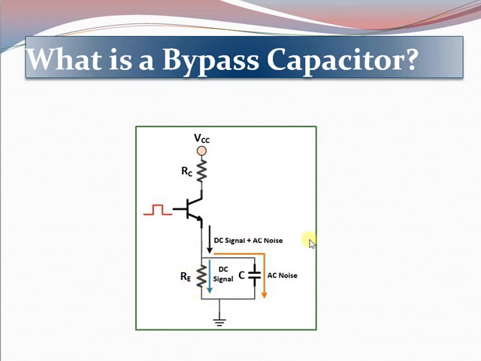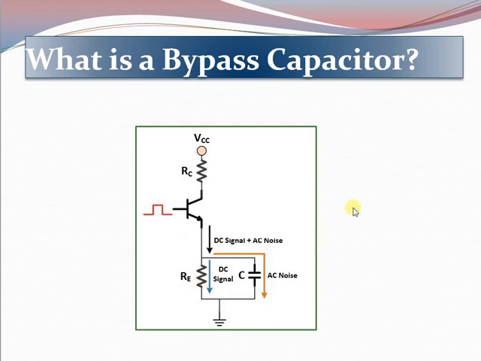So I can say that a bypass capacitor is a capacitor employed to conduct an alternating current around a component or a group of components. Regularly an AC is removed from an AC-DC combination. The DC is then free to pass through the bypass component. So that is what has been done here. We have eliminated the AC noise and only the pure DC is allowed to pass.